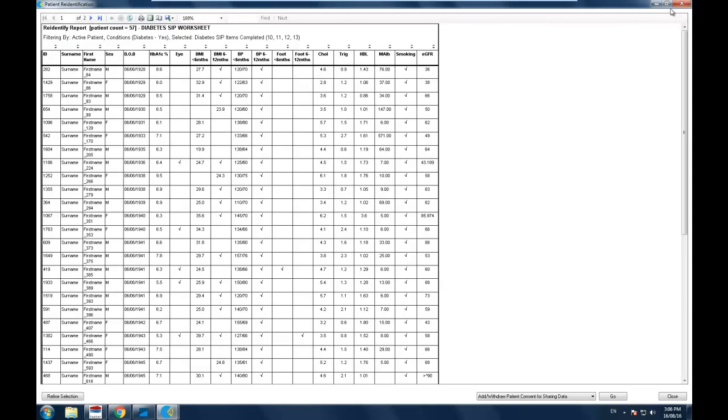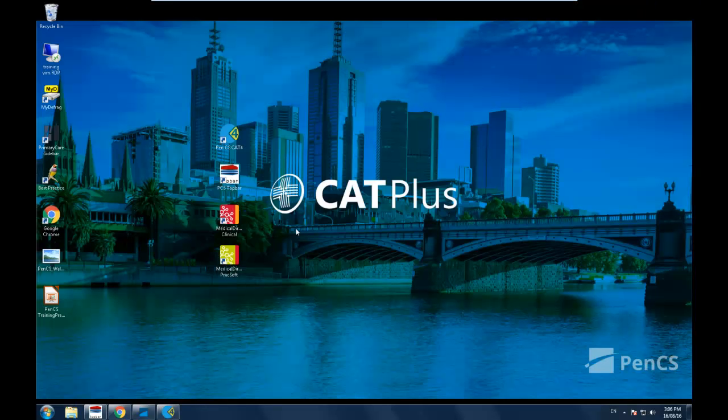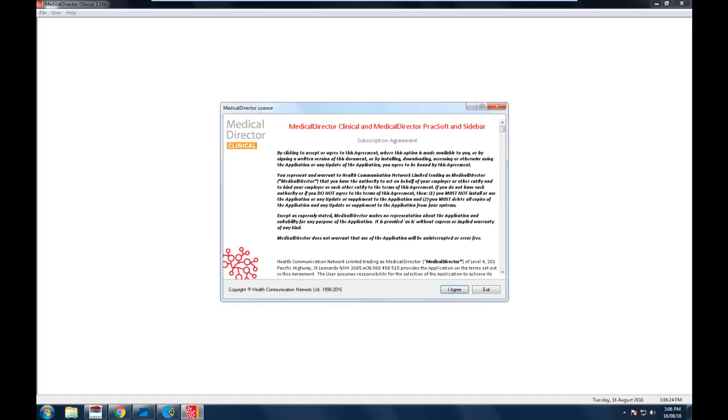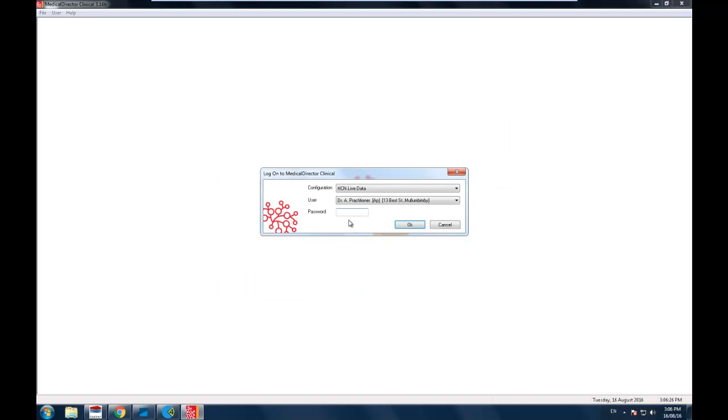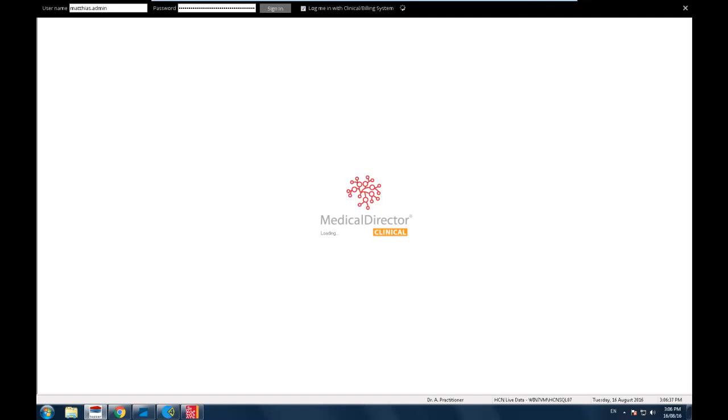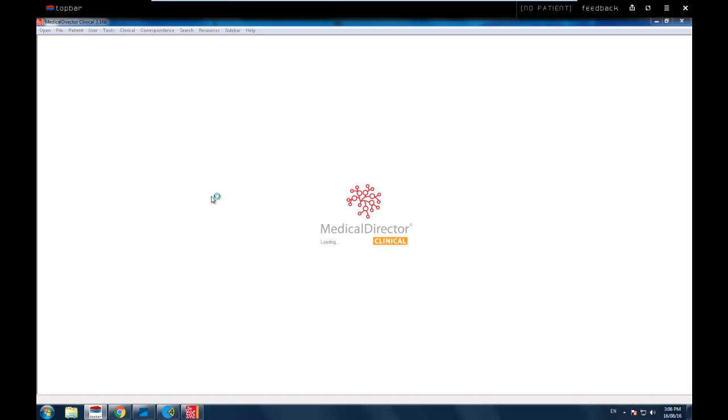In Medical Director, it's a bit of a journey to get there. But if it's not entered into that field, and for those who were in the Topbar session last week, if people are using Topbar and looking at the diabetes cycle of care in Topbar, it will actually bring you to the right place in the clinical system, which in that particular case of the foot exam is a lot quicker and easier to enter through there, because